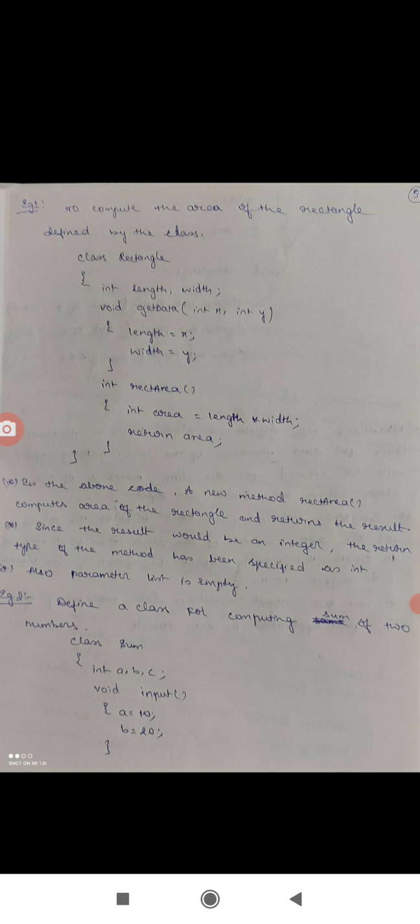Another example is defining a class for computing the sum of two numbers. So we want to find the addition of two numbers using a class. We declare a class named sum. Inside that we want three variables a, b, c, because we want to calculate the addition of two numbers. Then we want methods, because a, b, c should communicate, meaning manipulation should be done,